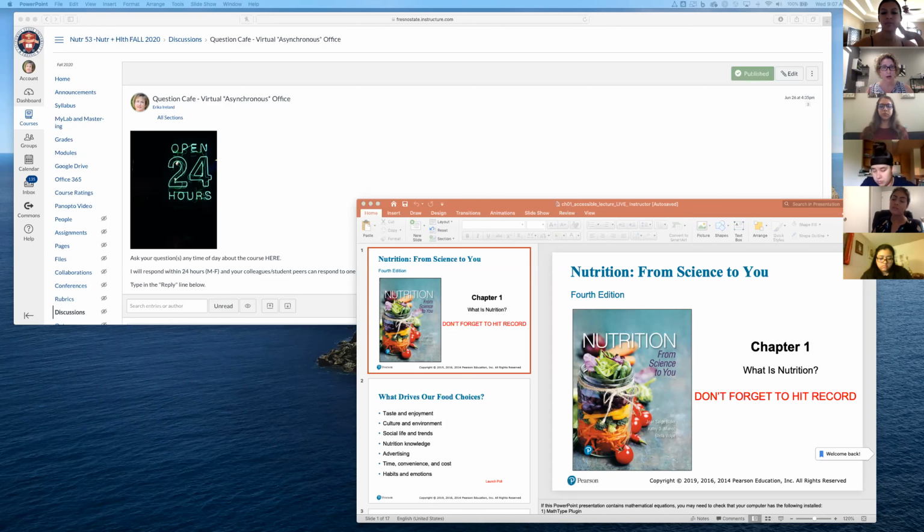But if you opt out, just to let everybody know, then you will not be able to access the book that way. However, you can still onboard inside here and pay Pearson directly, although the price should be very comparable. That was why I was very adamant when we negotiated this book that it shouldn't be cheaper other places, because then it defeats the purpose. And I don't want you to spend time trying to research where you can get it the cheapest. I'd rather you spend more time learning about nutrition. So hopefully that makes sense to everybody.